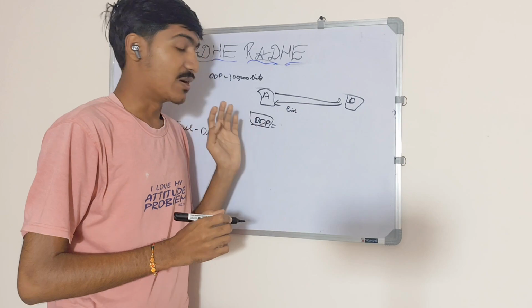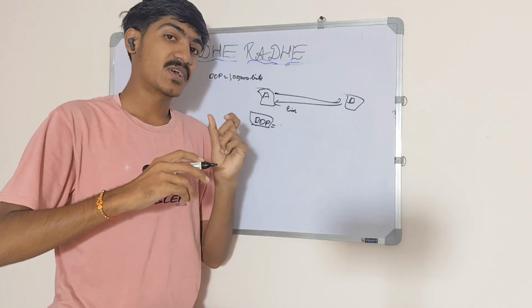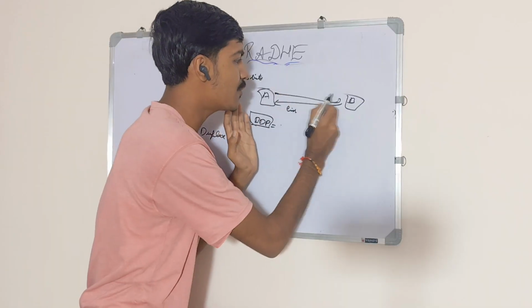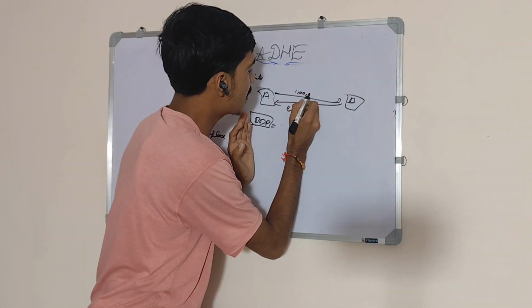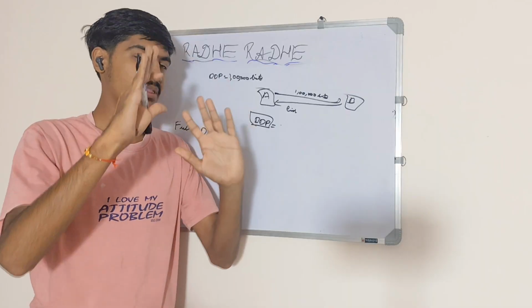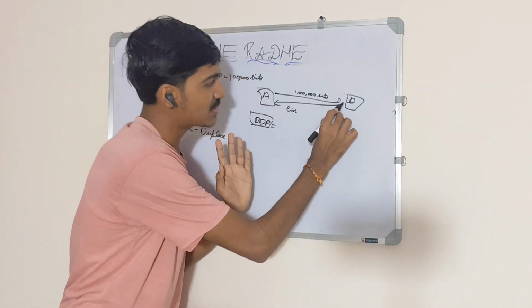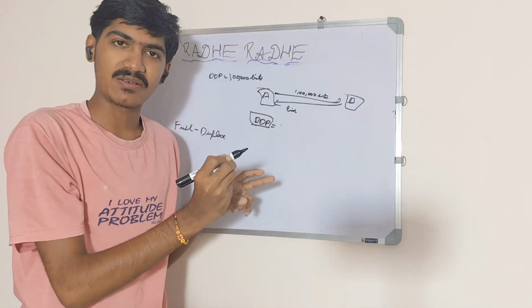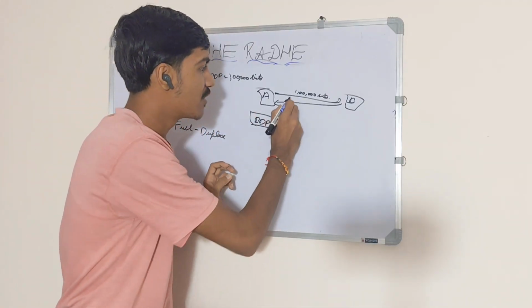Now, in half duplex mode, we are just sending or receiving, so at any time it can hold 1 lakh bits. Now, common sense: if both are able to send and receive simultaneously, and this is the link capacity,